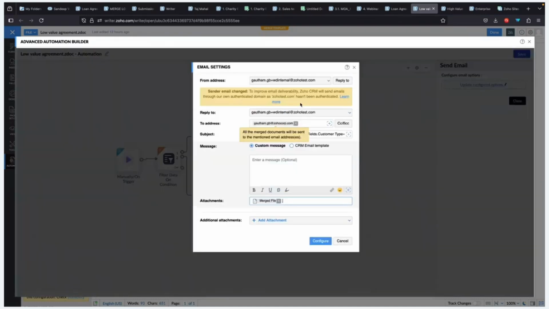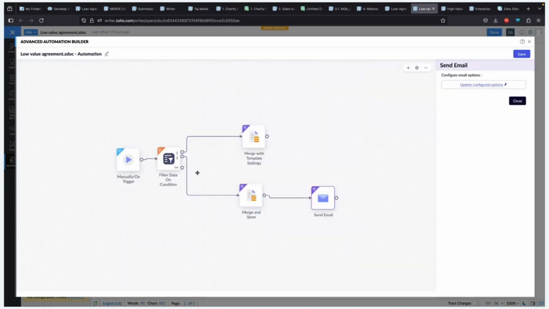So here you can see that this is the email setup, and we are going to send the merged file as an attachment to the particular user. So this is how the setup for the low value customer is done. Whereas the setup for the high value customer is what we are going to do is,